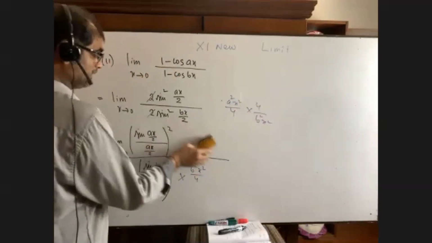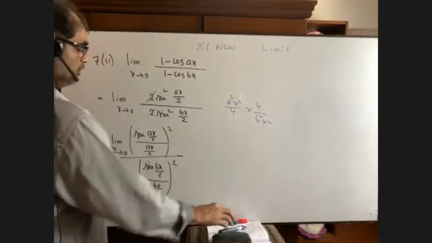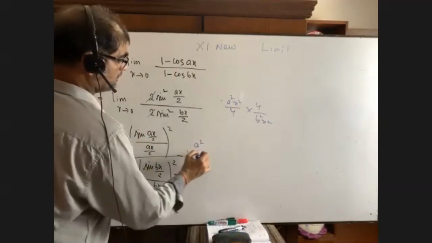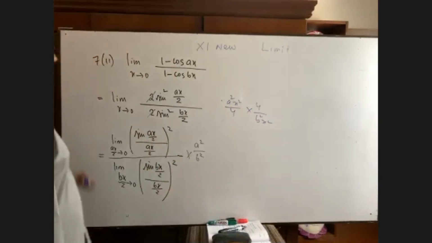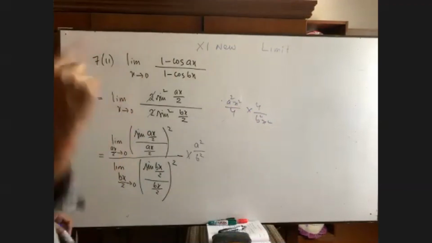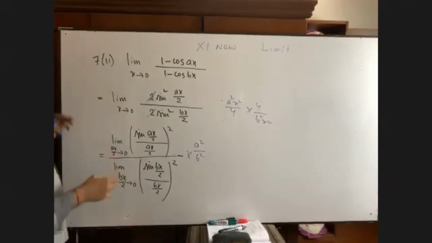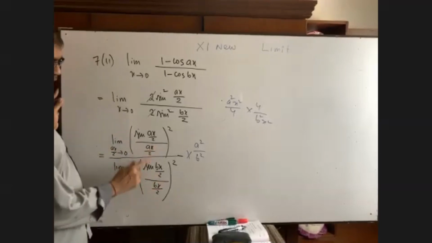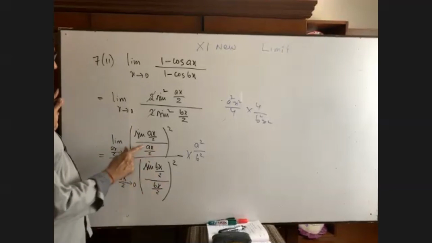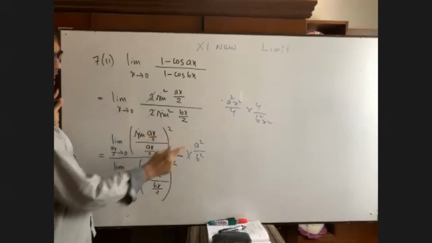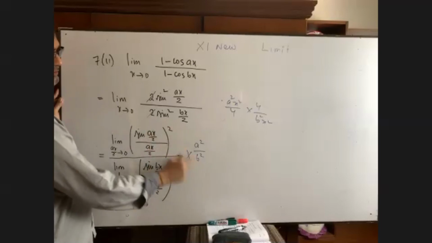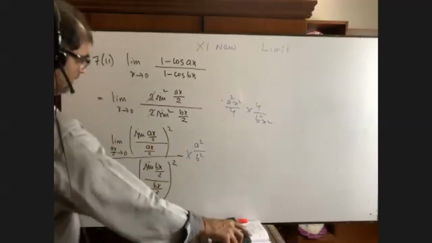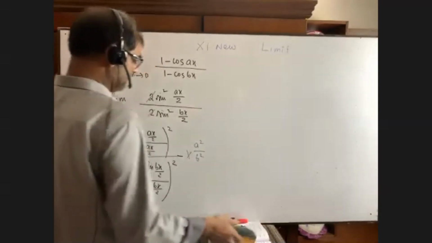So from now onwards, we are not going to do this. We will write down only a square by b square. Is it okay? Now you see how it comes. This x will be omitted. These two will be omitted. But this a, that means a square, and this b is b square. There is another way to understand. But you must write down the side note.